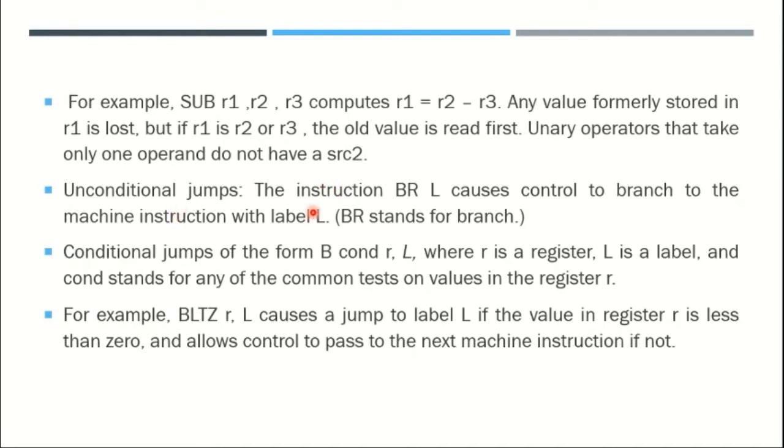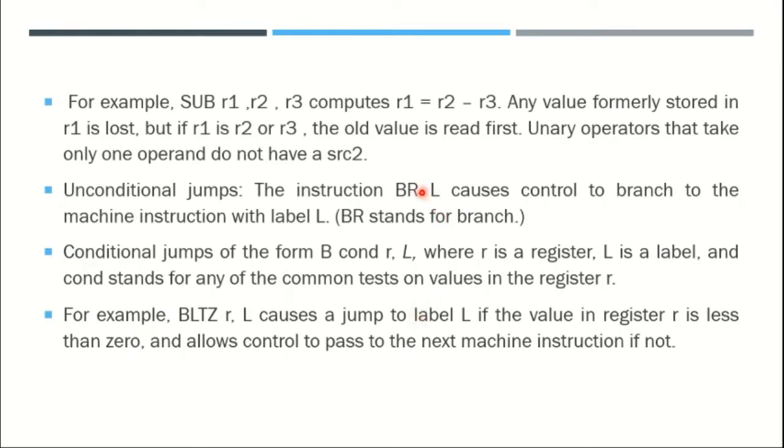Now we discuss how to perform simple unconditional jumps. Here there is an instruction in the form of br l. Here br indicates a branching statement and l indicates some label. Whenever we execute that instruction, the execution directly skips to that particular label. This is an unconditional jump, as we are not checking any condition. Whenever we see this label, we simply skip execution of the instructions up to that label, so the remaining instructions are skipped.